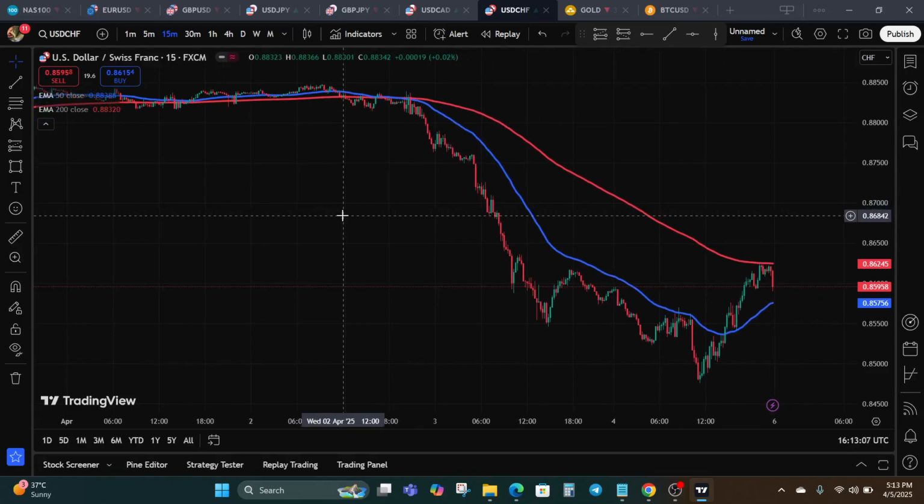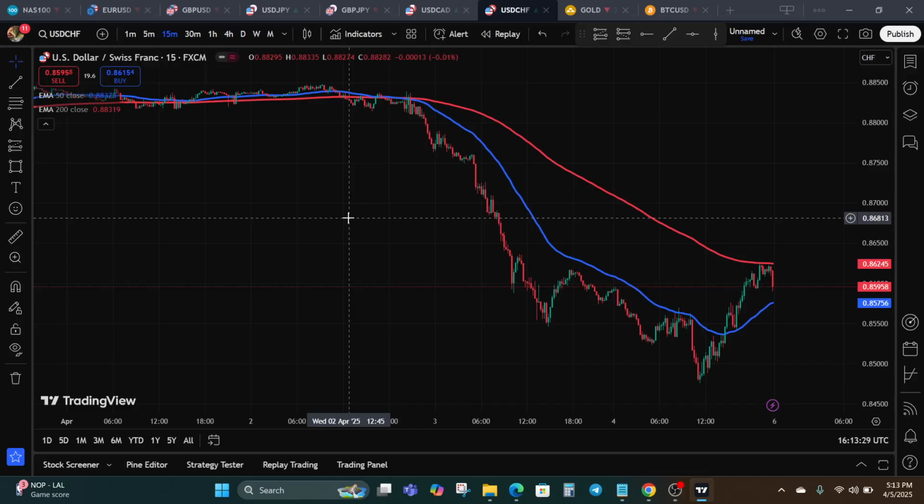Meanwhile, there are two main types of moving averages, the simple moving average and the exponential moving average. The difference between them lies in how they weight recent prices. The EMA gives more weight to the most recent prices, making it more responsive to price changes, while the SMA